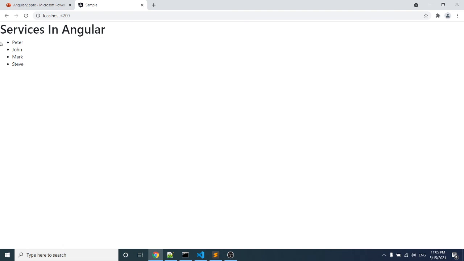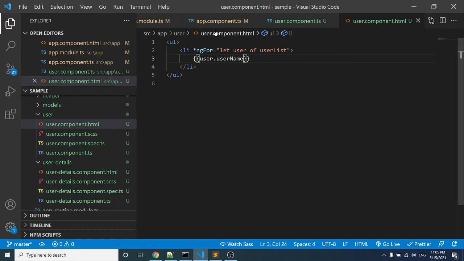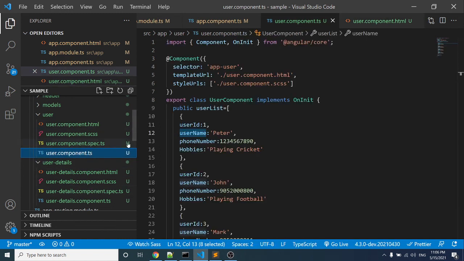In the same way, we can display the user details in the user details component. In the user details component, we want to display some additional details like user ID, phone number, and hobbies.